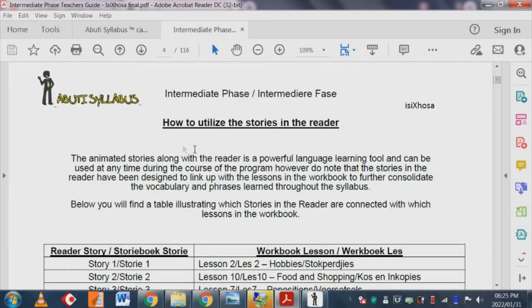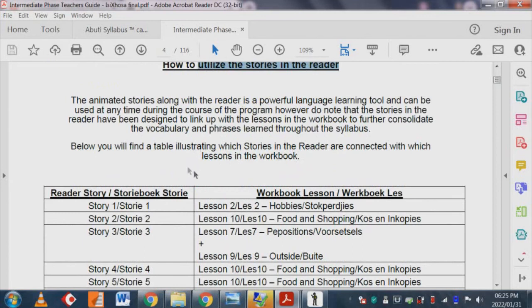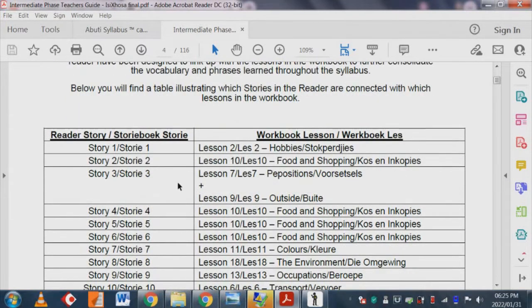And finally, you will see a section in the teacher's guide that explains how to utilize the stories within the reader so it connects with the workbook. Here you will see a table again that easily lays out which story is related to which lesson. So story number 1, for example, connects with lesson number 2 in the workbook that deals with hobbies. And this really helps you to use these stories coherently and will help to consolidate the language learned within each lesson. So let's go back to the software